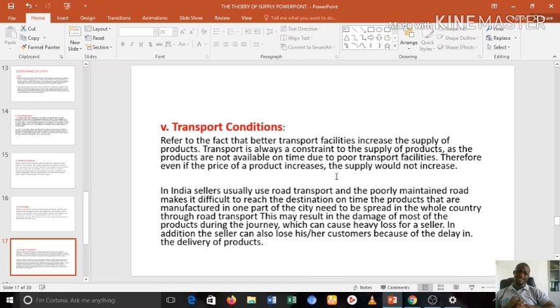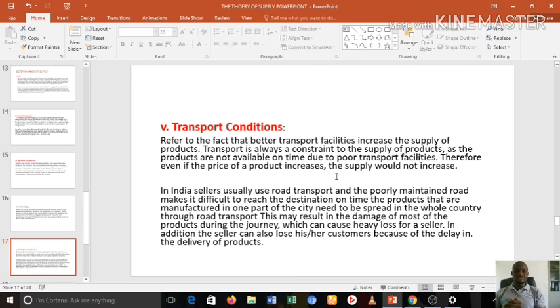It's very practical. Even if you produce the world's largest quantity, you have the quantitative advantage in production and your warehouse capacity is super, it doesn't change a thing because you don't have the means of transportation. Your roads are bad. So even if you have the products available in your warehouse, there is no means to make these products available in the market, then supply will not be there.